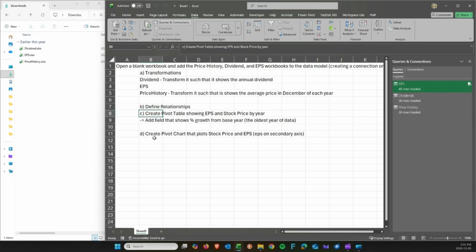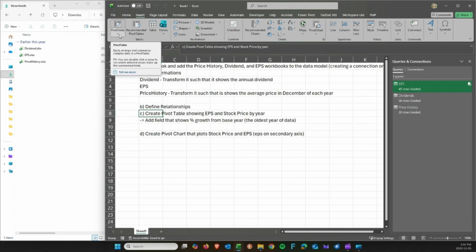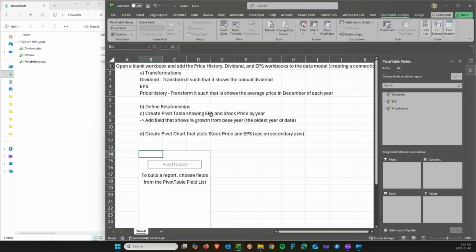So now it asks me to create a pivot table showing earnings per share and stock price by year. So let's do that. I'm going to click on Insert, and there's this pivot table button, but the data resides in the data model. So I'm going to click this down arrow, and I want to create a pivot table from the data model. I'm going to put it somewhere that exists. I'll put it down here in cell B14, click OK. So this is going to show me earnings per share and stock price by year. So I'll call this